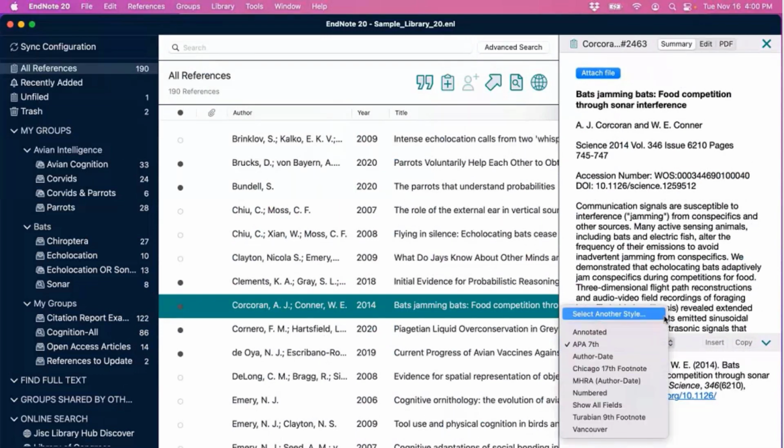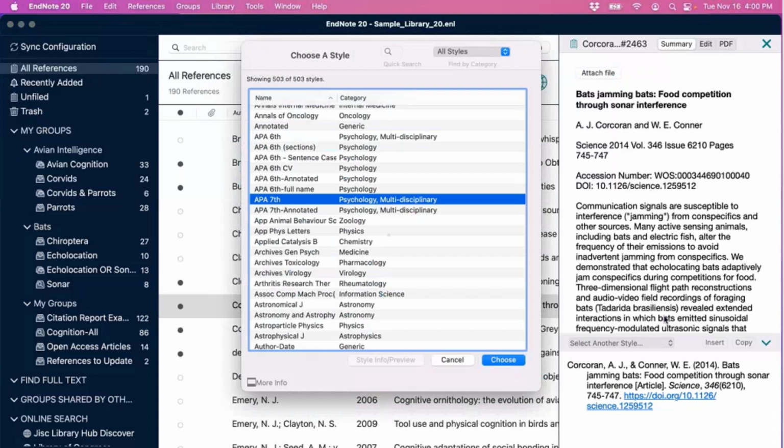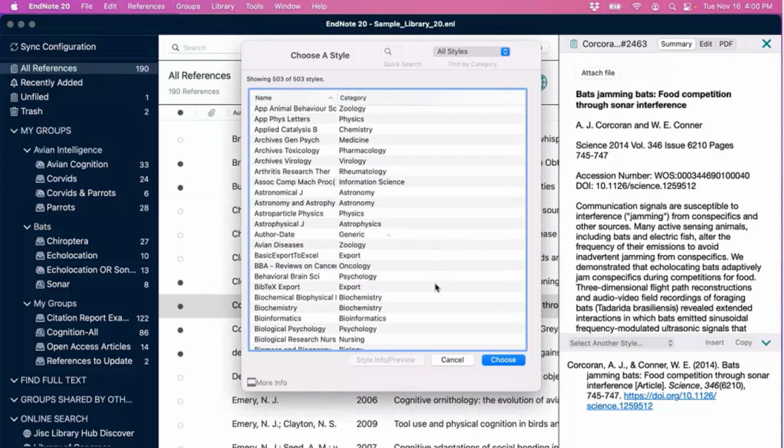Or from this dropdown, you can choose Select Another Style, where the Choose a Style window will appear showing you all available output styles in your EndNote application. We include about 500 of the most popular styles by default. But at endnote.com on the downloads page, you'll find our content file repositories. And in our style repository, we have over 7,200 predefined styles. So if there's a particular journal you're looking to submit a project to, or just a set of formatting guidelines you need to apply to a research project and you're not finding it on the default list here, check out endnote.com/downloads to find our style repository, and again, good chance you'll be able to find it in that repository.